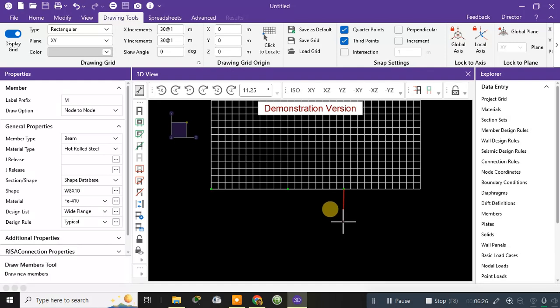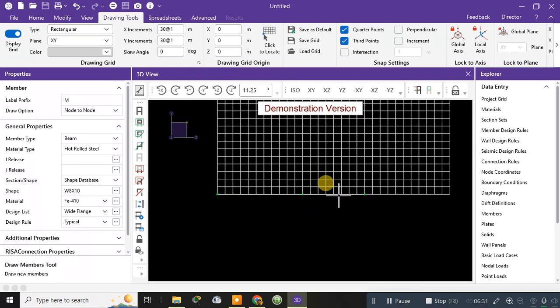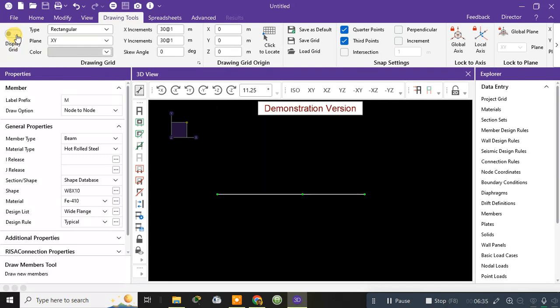Now you have to simply press the escape button. Now you have to switch off the display grids. As you can see here, you need to switch off the display grids in order to check the beams. But remember that during the time of drawing the beams, the various member properties were set by default. As I have not changed them here, you can set the member properties during the time of drawing,